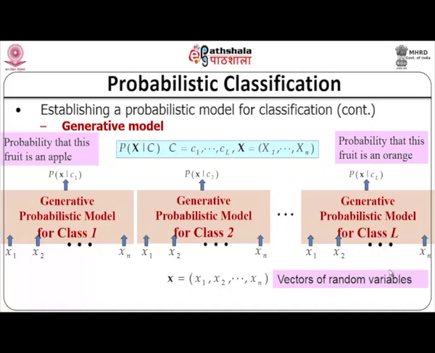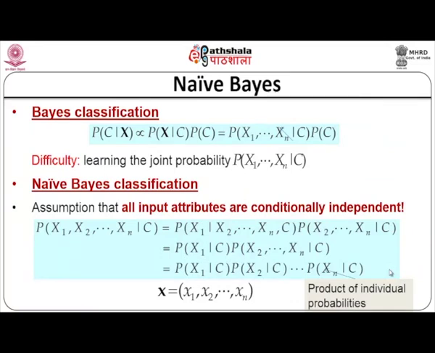This probability that this fruit, so you are trying to generate a model for each class. Given the data, you are trying to find which model or class fits the data. Here we are trying to model each and every class separately. So, that is called the generative model. Now, with this fundamental about general classifier, probabilistic classifier, discriminative and generative probabilistic classifier, let us go into the simplest